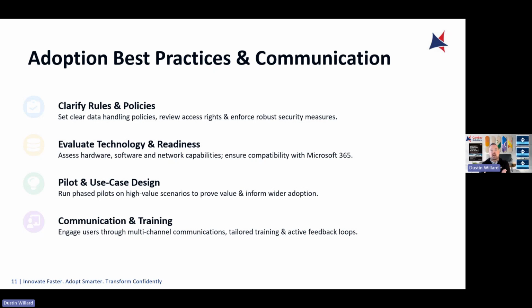I look at when 365 first came out and people were moving to the cloud, a lot of people were scared. Oh, I'm not going to go there yet, and so on. And so ensuring that we make sure that everyone is using the tool safely and securely. AI is kind of that exact same way today. And so making sure everyone knows what they're doing and is trained properly and constantly communicated about best practices is critical in this ever-changing world.